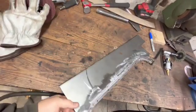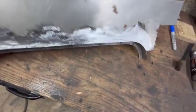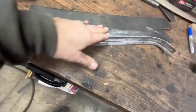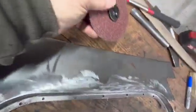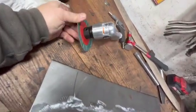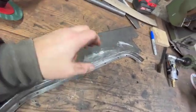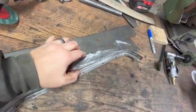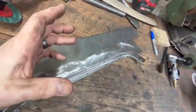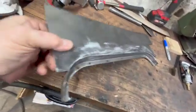All right, guys, we got this all ground up. Show you what we're gonna do here. This is a piece that goes on the inside. So I ground this, as you see, I started with that flap wheel, and I moved on to this here. This is 36. The nice thing about welding on the edge here, it gives you a little bit more material, so you can grind on this part here. And this is all 18 gauge that I made up. So it gives you a little bit of cushion as far as being able to grind it in, get a nice even